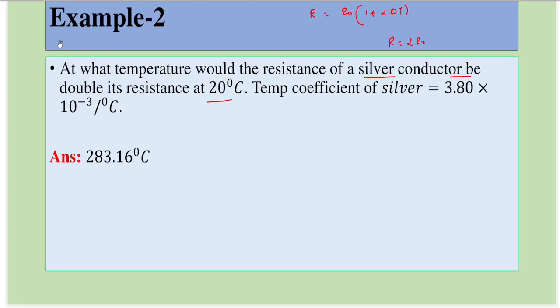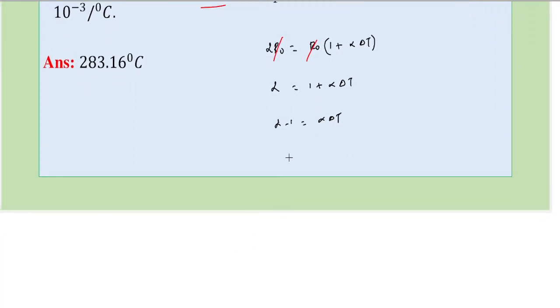So putting it back here, we get 2 R naught is equal to R naught into 1 plus alpha into delta T. From here R naught gets cancelled, so what remains is 2 is equal to 1 plus alpha into delta T. Bring this to this side, 2 minus 1 is equal to alpha into delta T, but 2 minus 1 is 1, so alpha into delta T is equal to 1, or delta T is equal to 1 by alpha, and the value of alpha is